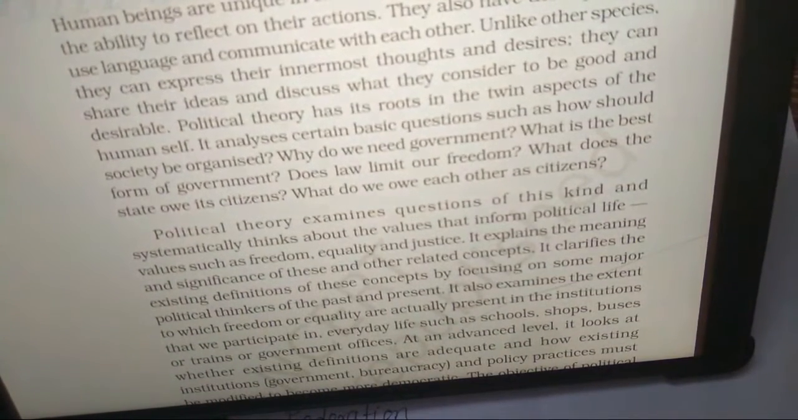They can express their innermost thoughts and desires. They can share their ideas and discuss what they consider to be good and desirable. Political theory has its roots in the twin aspects of human self. It underlies certain basic questions such as